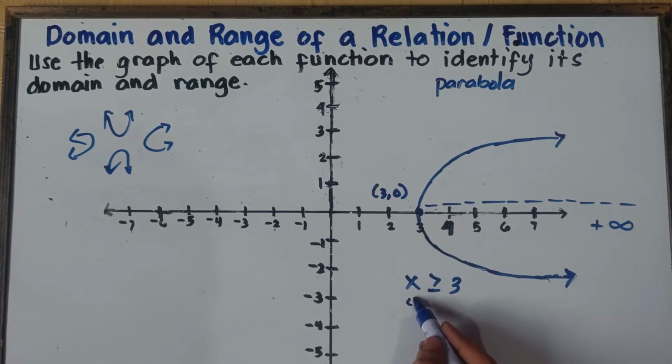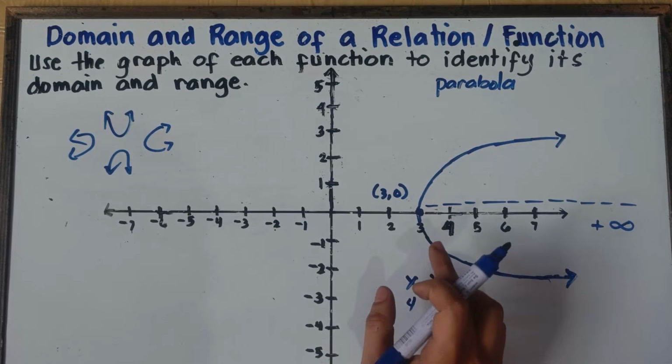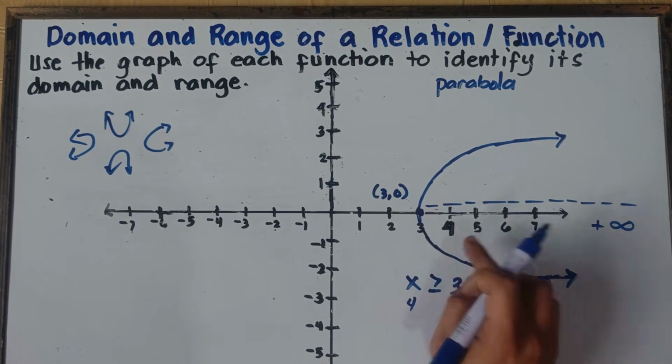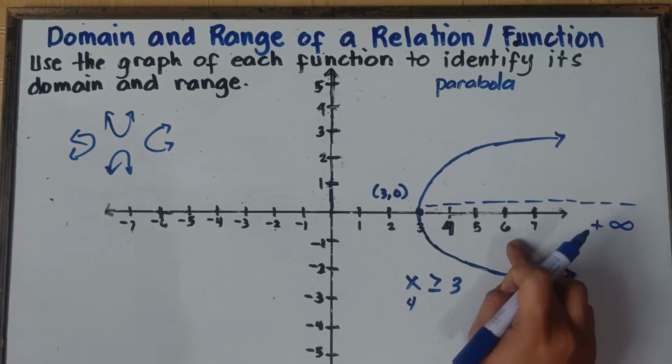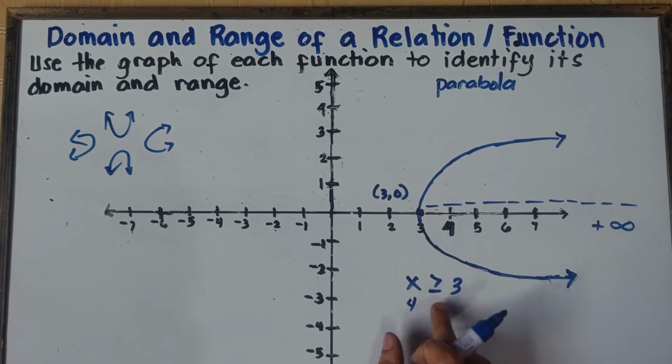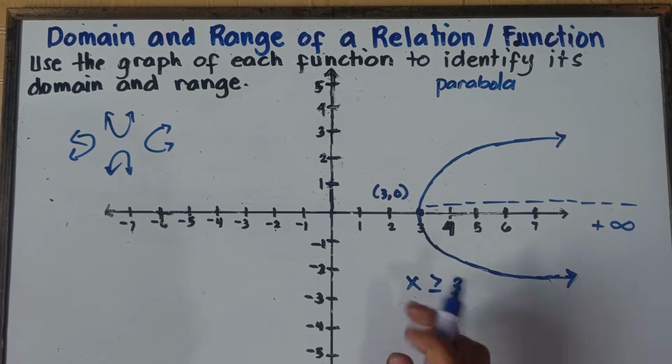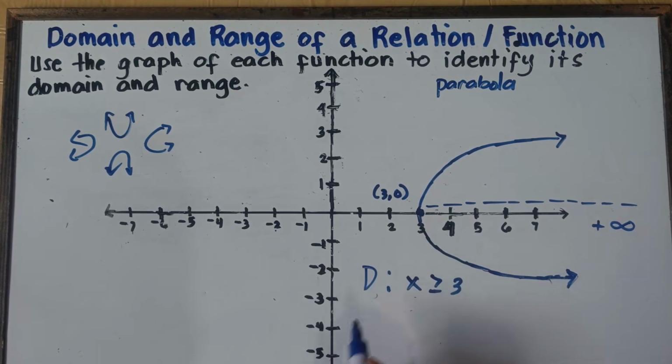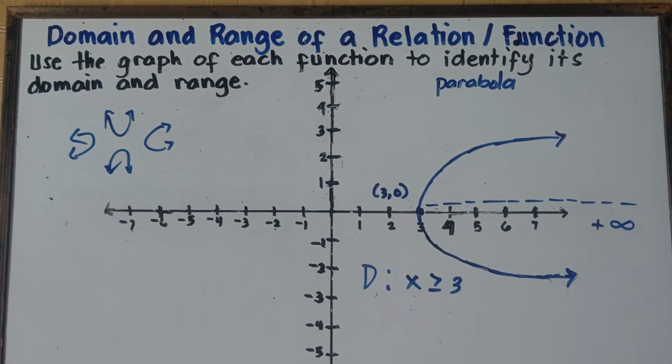So, including positive 4. If x is positive 4, you will satisfy the inequality because x could be positive 4, positive 5, positive 6, positive 7, up to positive infinity. So x could be greater than or equal to 3. You can have this answer, class, with regards to the domain. Domain, that would be x is greater than or equal to positive 3. Or you can have the interval notation.